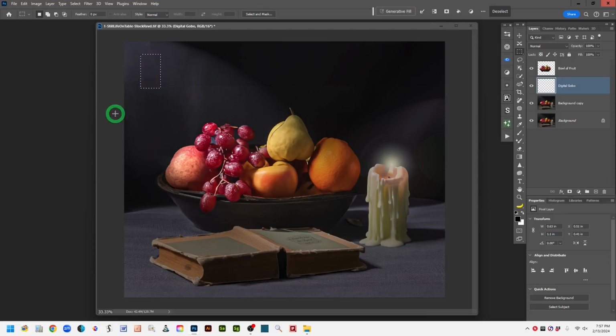Now, because I want white shining through from a window that's off left, camera left here somewhere, onto this backdrop, I want to fill this with white because I want white to be on my black background. You can do the inverse. If you have a light background and you want something shadowy showing on your background, then fill your gobo design with black. Okay, so with that active, I'm going to press Shift and the backspace,